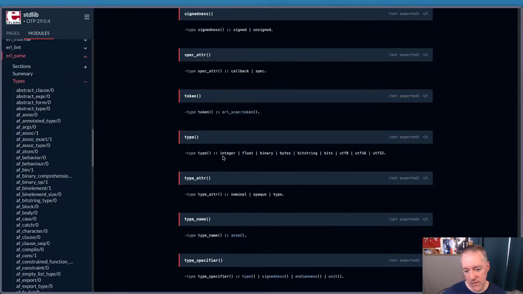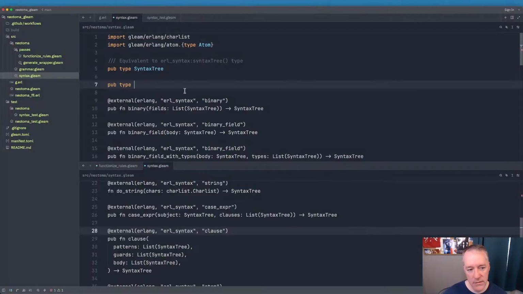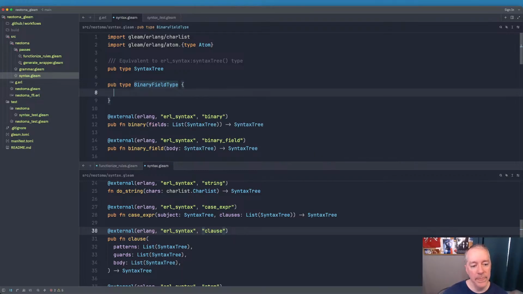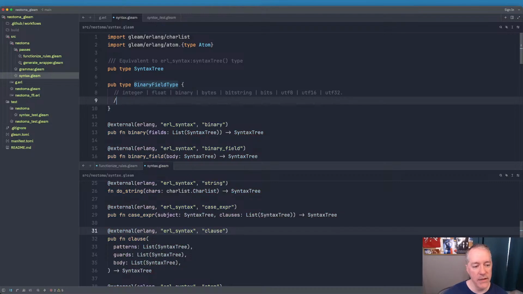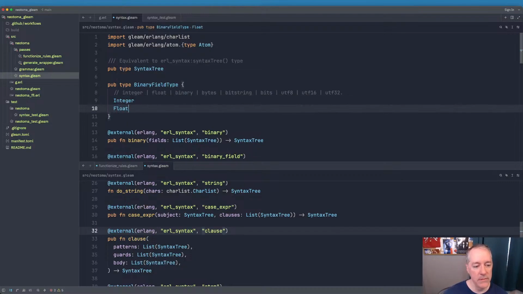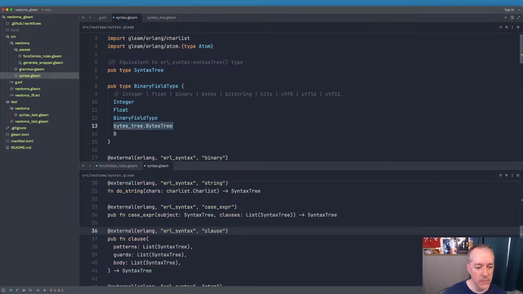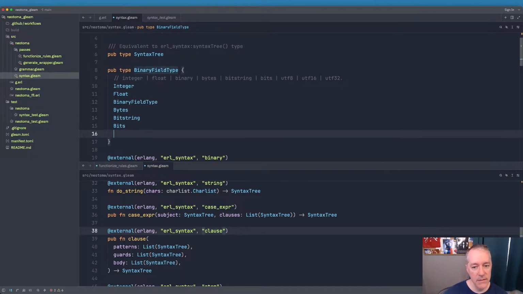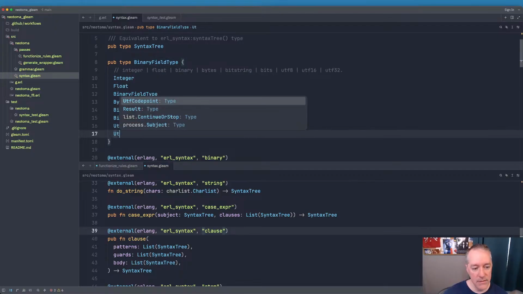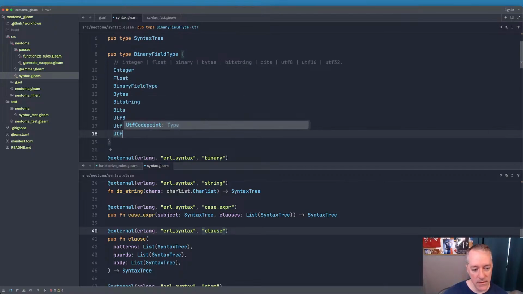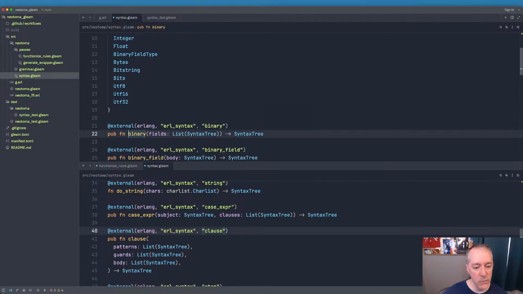I want to make just this enum basically. Binary field type. And we'll say integer, float, binary, bytes, bit string, bits, UTF-8, UTF-16, UTF-32. And then we will say